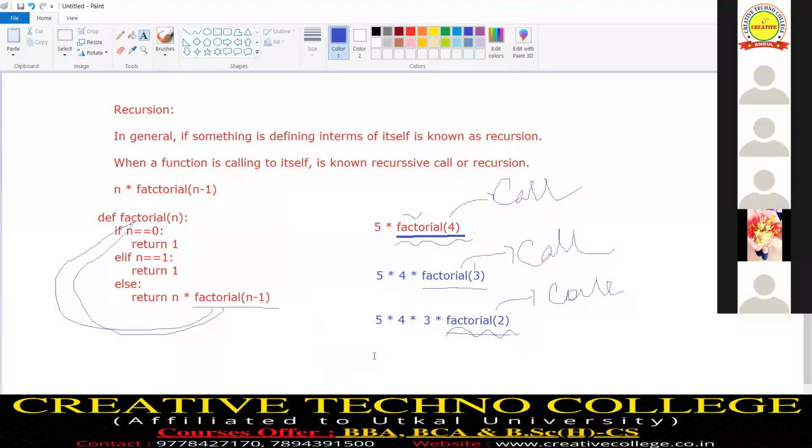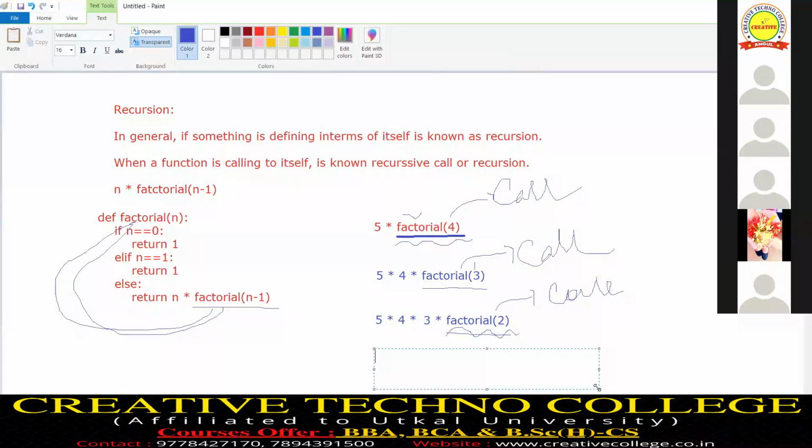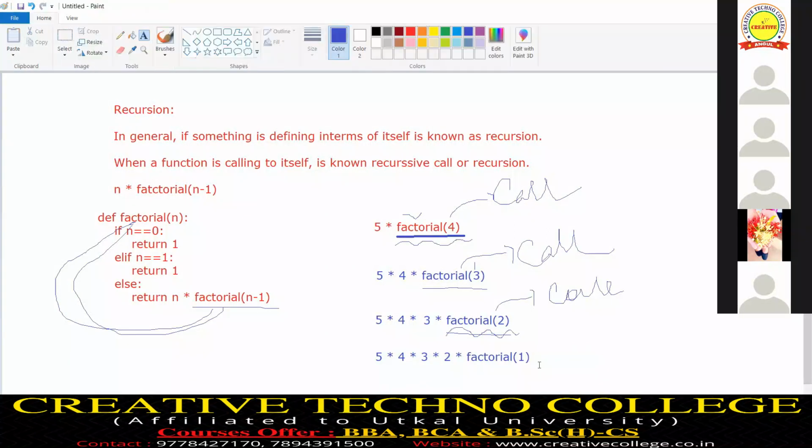Now the else part will execute, so 5 into 4 into 3 into factorial of 2 is evaluated. n, that is 2, n into factorial of n minus 1, factorial of 2 minus 1. 2 minus 1 is 1. So again it is a function call, factorial of 1.